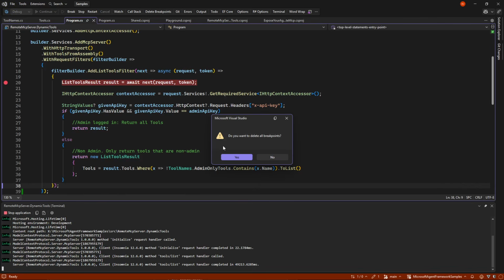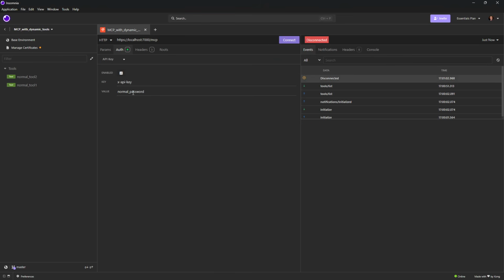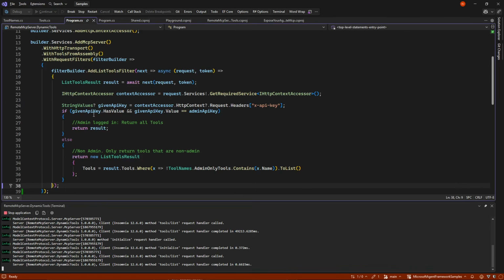Let's get rid of the breakpoints and try to log in as the admin user instead. If we do that, we get the third tool back, because in that case, we hit this if statement, it was true, so we just gave all the tools back.